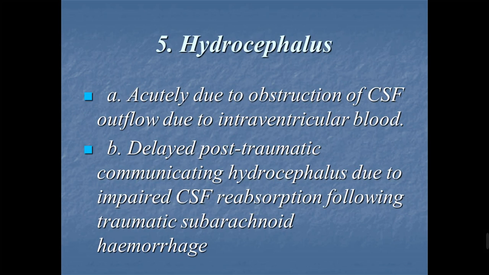Hydrocephalus, as we mentioned in the third lecture, acutely is due to obstruction of CSF outflow due to intraventricular blood, for example, fourth ventricular bleeding or third ventricular bleeding, which result in obstructive hydrocephalus, or delayed post-traumatic communicating hydrocephalus due to impaired CSF reabsorption following traumatic subarachnoid hemorrhage. And both of them will be in need either for